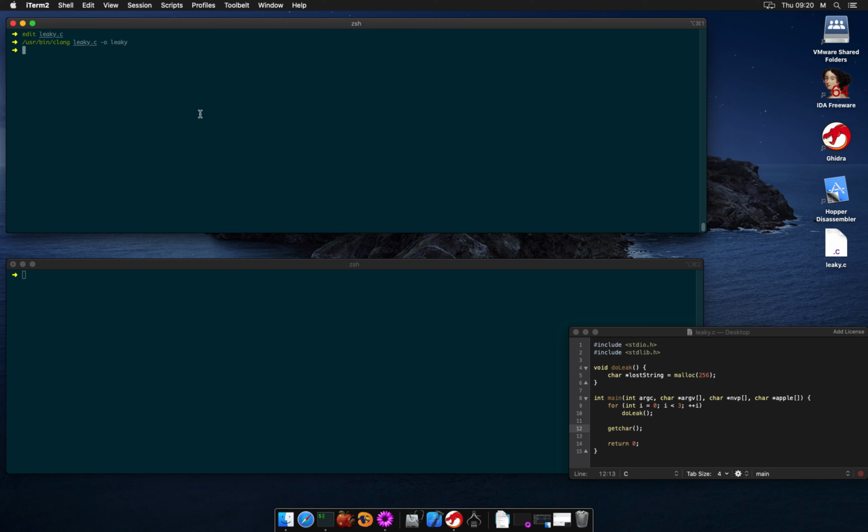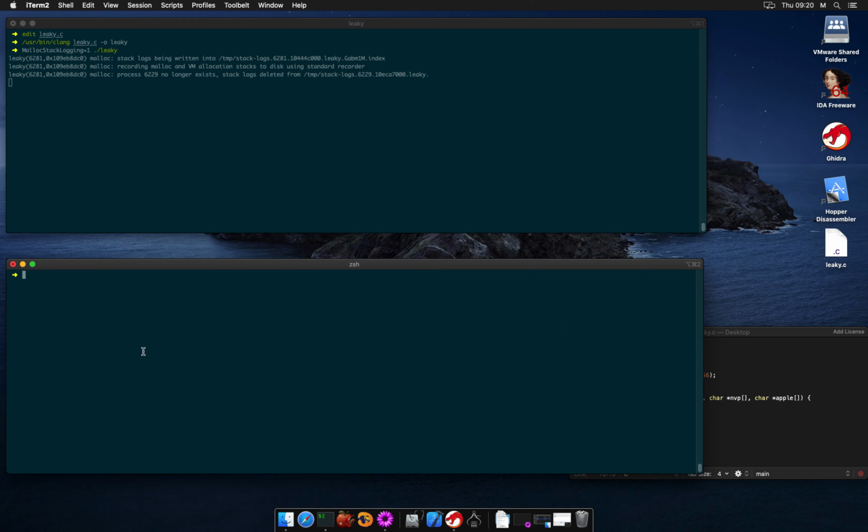A very useful flag related to memory allocation that we can pass to the allocator in an environment variable is MallocStackLogging. This will record all the memory allocations done while running the application. After that, we can use a tool like malloc_history.